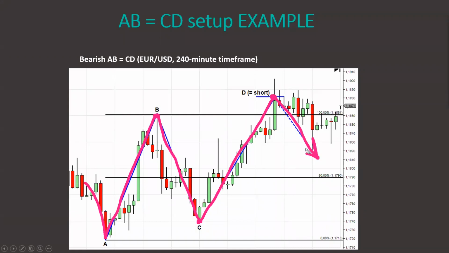Now, it will take you some time to start seeing these patterns. At first, it will be a bit clumsy. Maybe you will miss a couple of those, but you'll start seeing these, especially if you do a proper backtest. Then you won't even need a Fibo to see these patterns. All right, so at first it may be difficult to see that pattern in the chart just like this, but after some time it will become easier and easier.